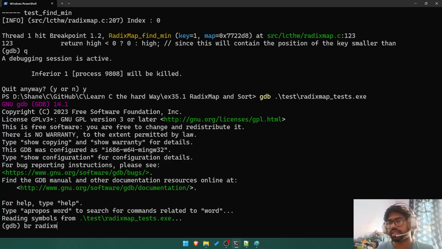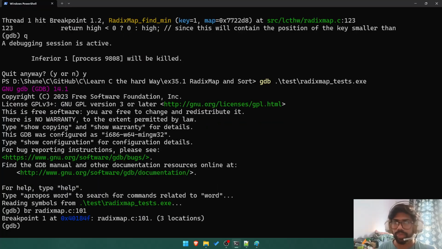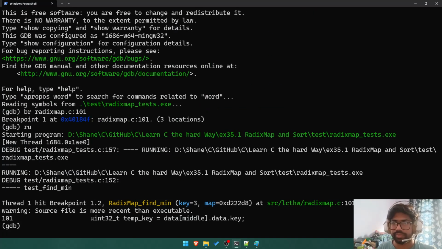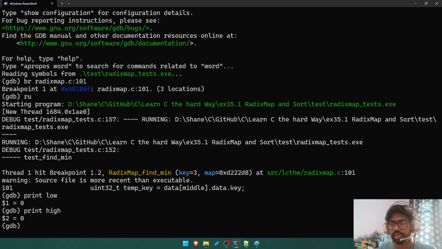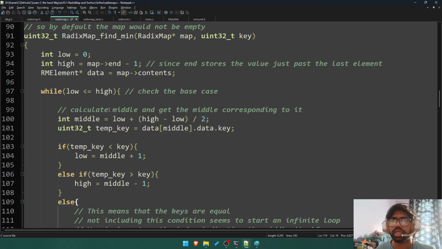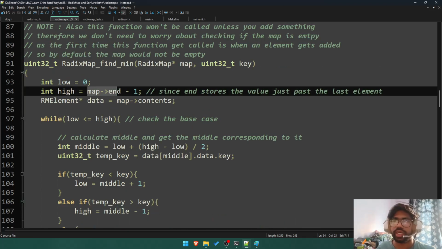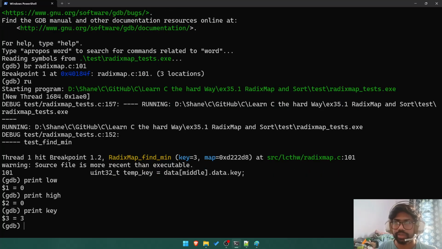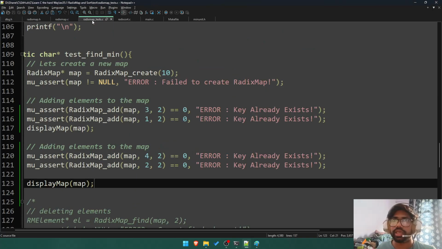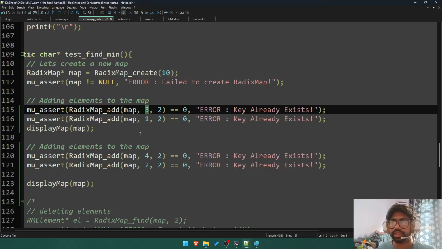Okay, C 101. Okay, 1. Right, so print low. Low is 0 here. Print high. High is 0 here. Though I don't believe it. Let's print the key here. Key is 3. Okay, redxmap key is 3,